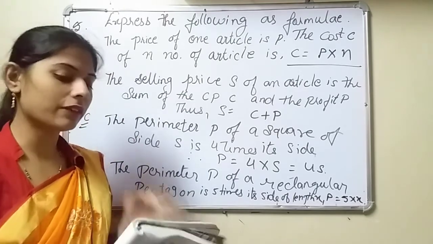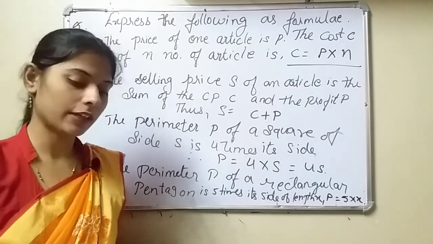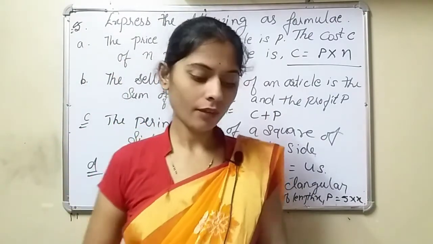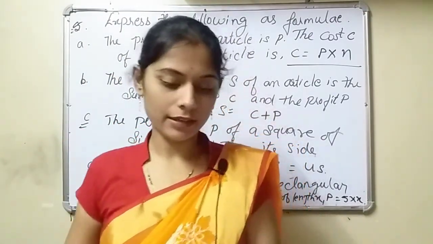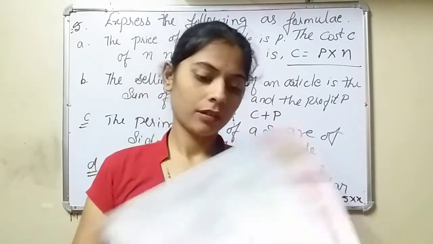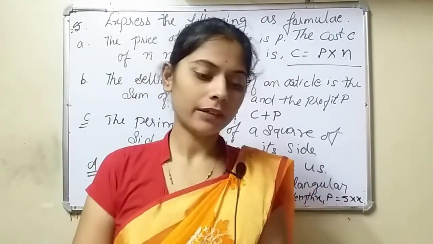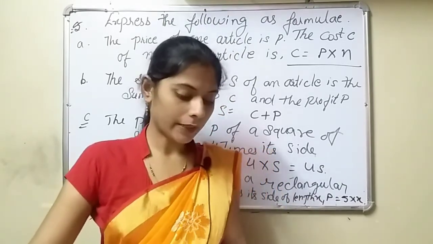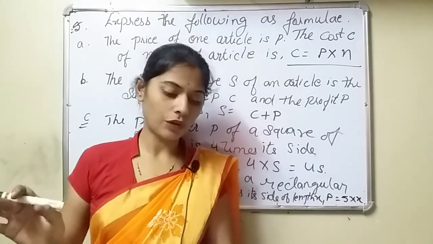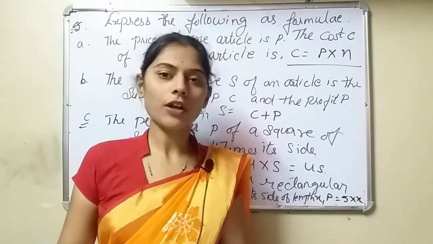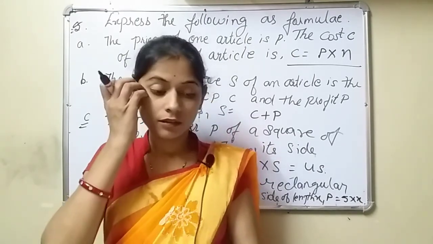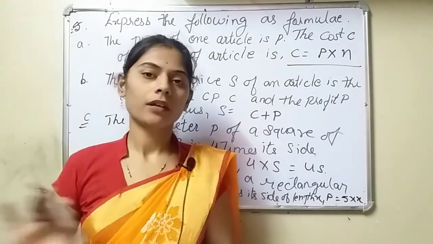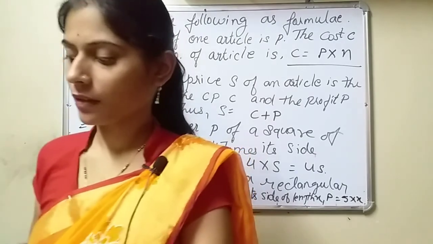In question number 5, read the questions very carefully, then automatically you will get the answers. Okay. Then in the next lecture we will start our exercise 6B. Before that, up to Monday you have to complete this assessment given on page number 75. Complete it, and the questions which are of chapter number 4, you have to leave. And the questions related to chapters 1st, 2nd, 3rd and 5th, you have to complete. Okay. Thank you.